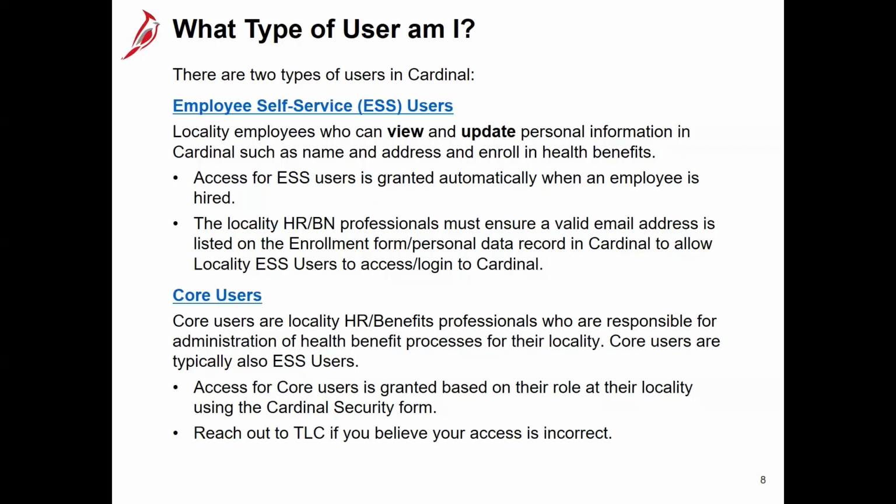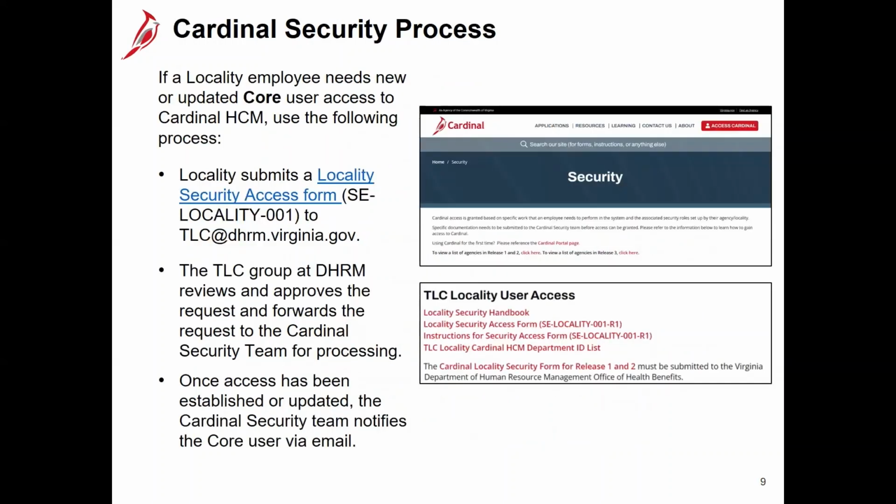On this bullet, we say you should reach out to TLC, but I want to go into more before you do that. As a reminder, for anybody who has core user access, if you're a new employee who needs core user access, or if you need updated core user access, you would need to follow the Cardinal security process, which is you'll submit the locality security access form to